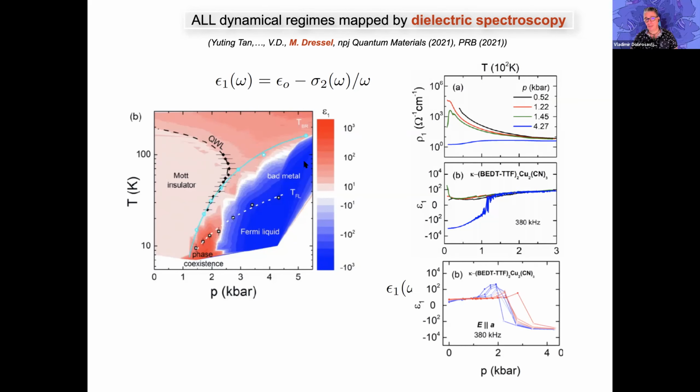So note that this blue quasi-particle behavior, which is that of a metal, doesn't stop at the Fermi liquid boundary. It persists in the bad metal regime. So the boundary between blue and red, in fact, is the destruction of quasi-particles, not the destruction of the Fermi liquid. But even more spectacular is the behavior at low temperatures.